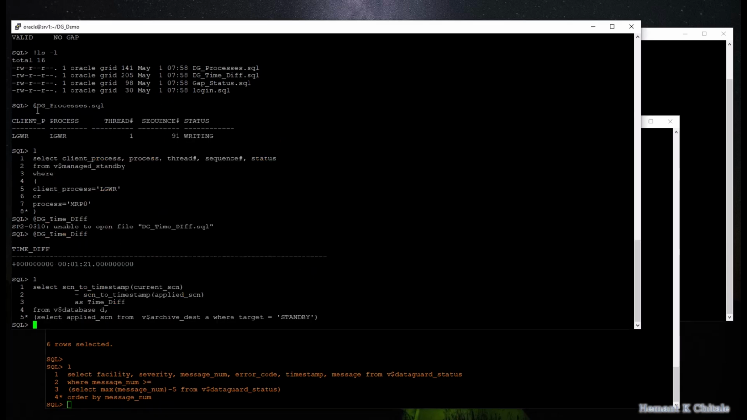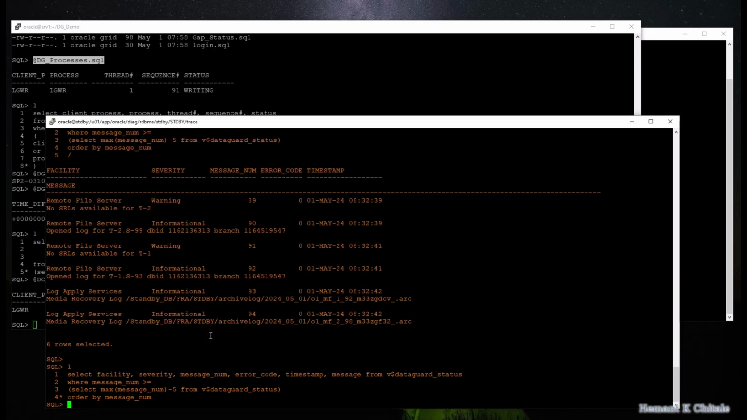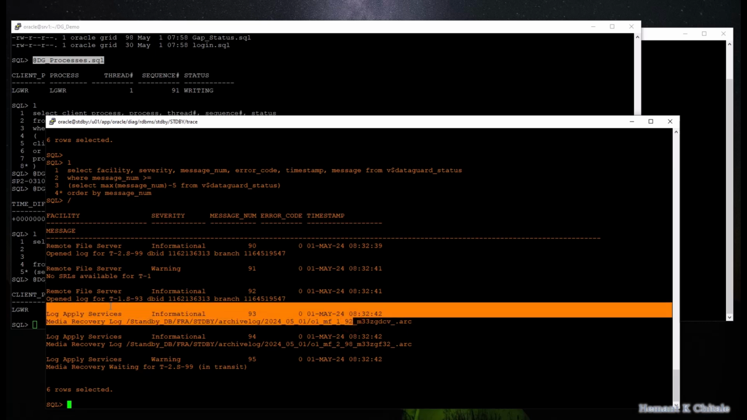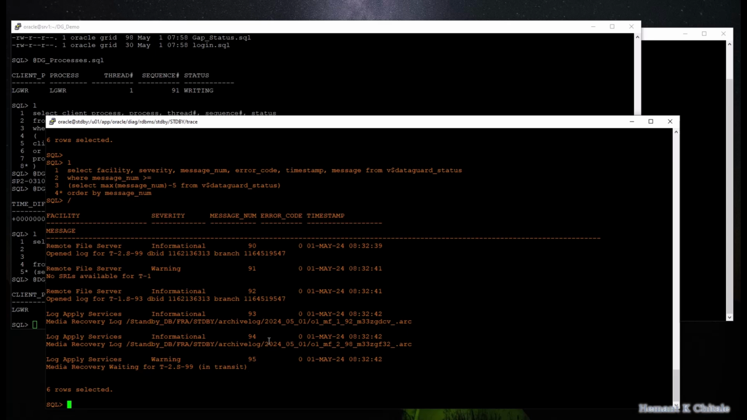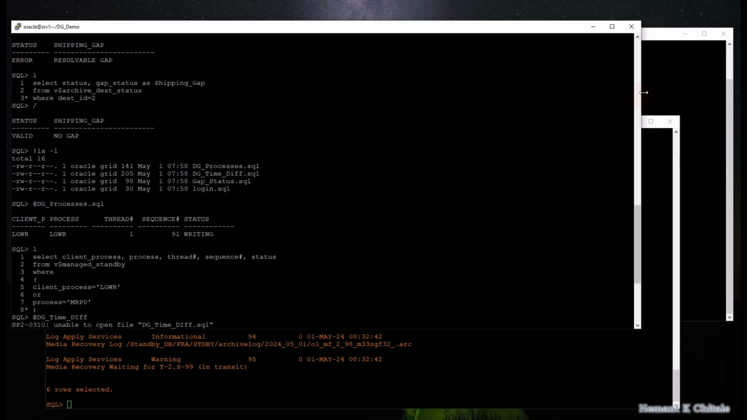So let's see what the current one is. Okay, so thread 1 is advanced to 93. So I should see, yep, you can see now thread 1 92, and thread 1 92 has already been applied. So this is the message number, this is the sequence number. Thread 1 92 has already been applied, and 93 is the current one from thread 1, and here